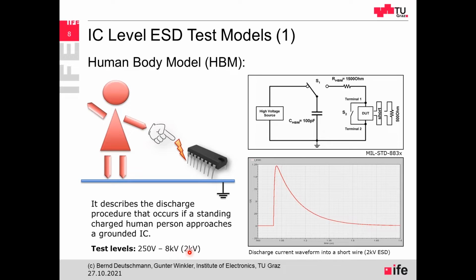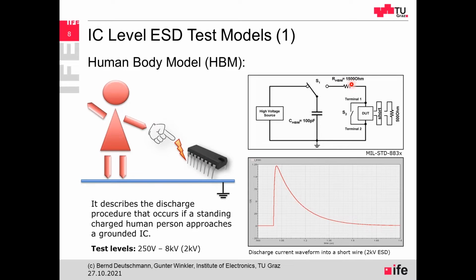So in an ESD protected area, where you have some ESD protection measures, usually the charging up of persons is not that critical anymore. Persons can, in an ESD protected area, only charge up to a few hundred volts, if at all. And then if this charged person is touching the integrated circuit with the finger, there is this electrostatic discharge via this HBM resistor. So this is usually the resistance from the body over the arm to the finger and then into the integrated circuit.